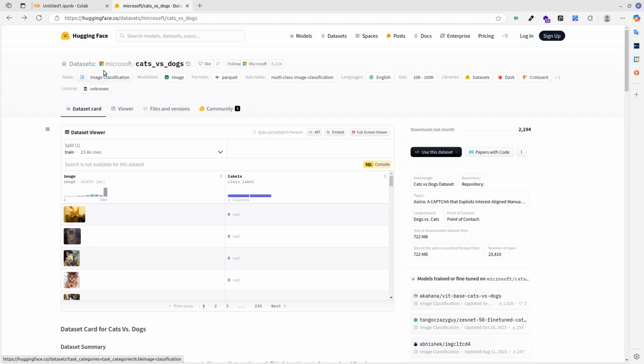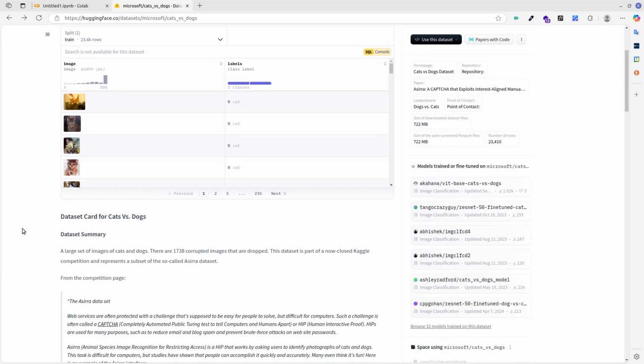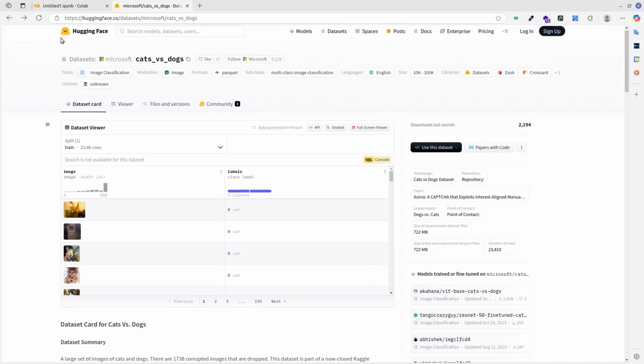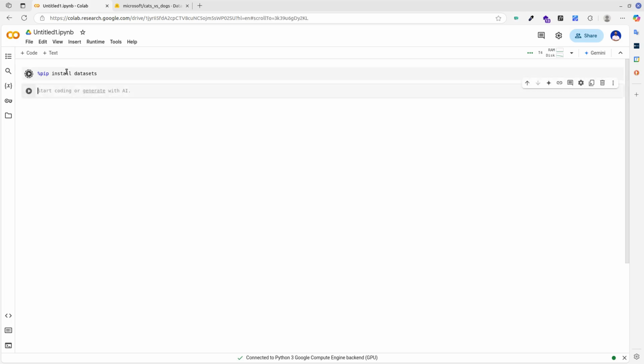This dataset is called Cats vs Dogs and contains several images and their respective label on whether that image contains either a cat or a dog. If the image contains a cat, the label will be 0, otherwise the label will be 1. To use that dataset, we'll need to install the datasets package. To do this, let's run pip install datasets. Let's run this and add a new cell below by pressing Alt-Enter.